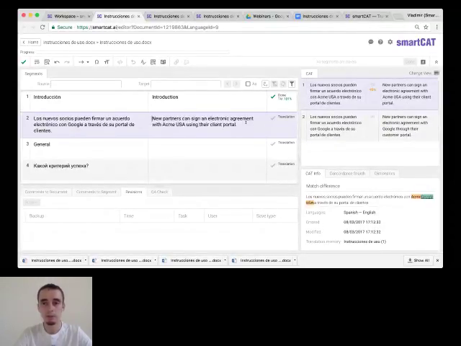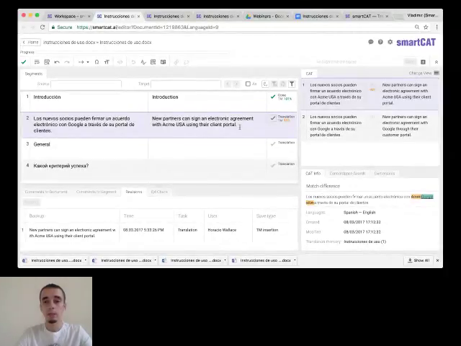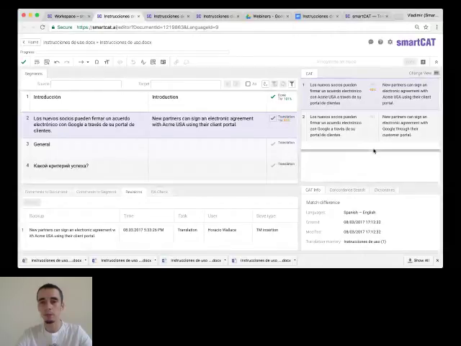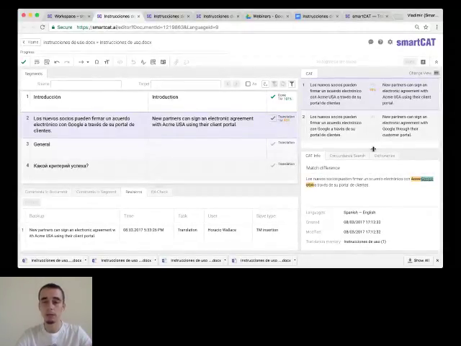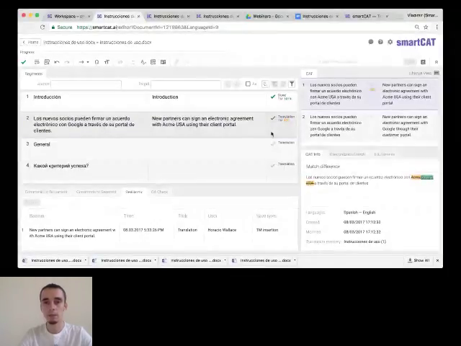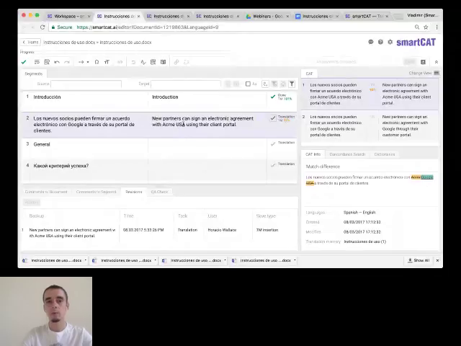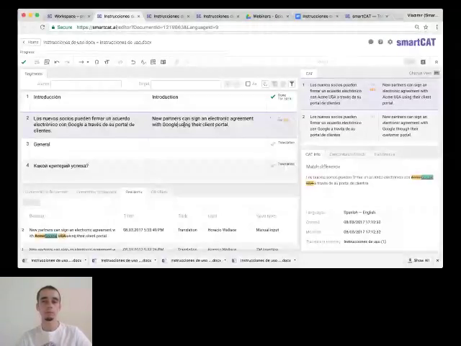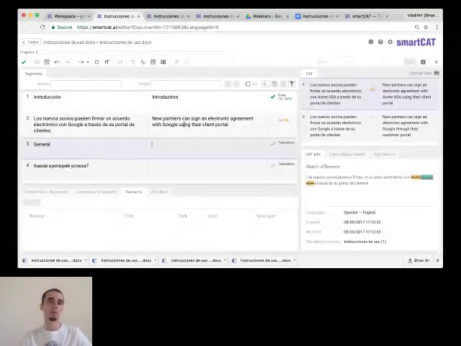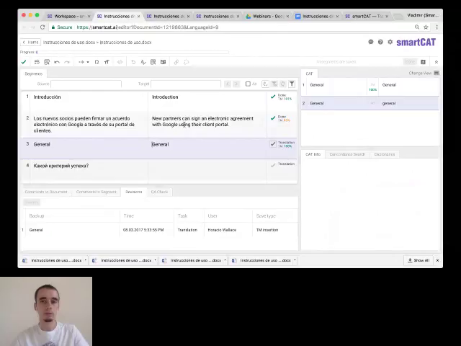Once you insert it, you can take it in the CAT panel pane. You can now look in the CAT info pane. It can be hidden if you don't have high screen resolution, but you can just move it like this. And you can see the difference between the segments, and you can know what you have to translate, to change in your translation. That's how it works. It's really useful because, especially in technical translation, you have a lot of phrases, sentences that